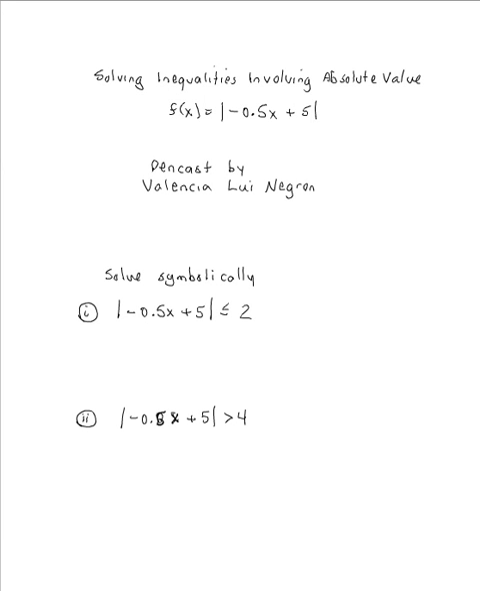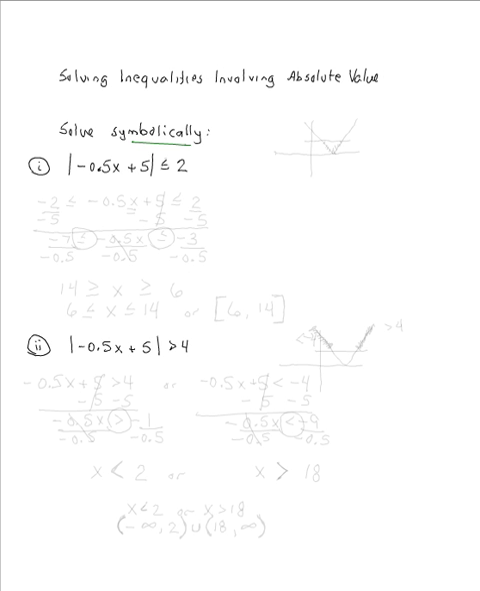We want to take a look at solving inequalities involving absolute values symbolically. So we're solving symbolically, which means we want to complete the algebra that goes along with it. Our first absolute value, we have the absolute value of negative 0.5x plus 5 is less than or equal to